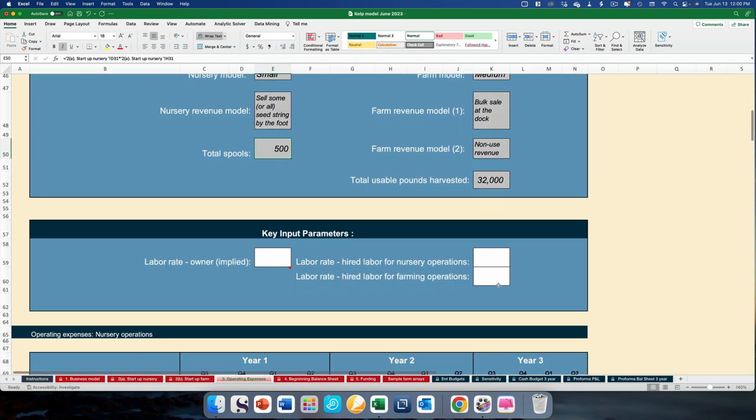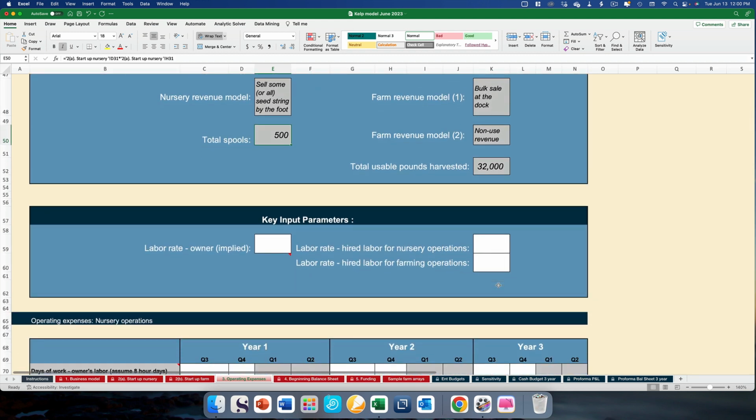Then we come down to the portion of the page where you will be entering your input parameters. And really the only parameters that we're looking at are the rate for labor, including an imputed labor rate or an implied labor rate for your own time. Now, most startup business owners do not pay themselves an hourly rate. However, if you look at the amount of money that you could be making doing something else,